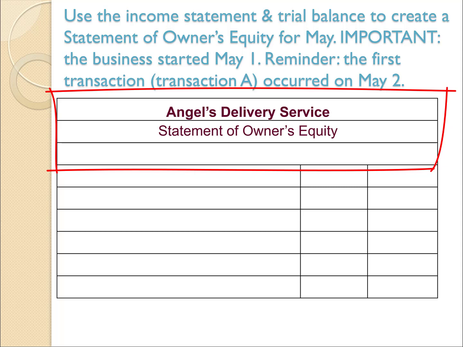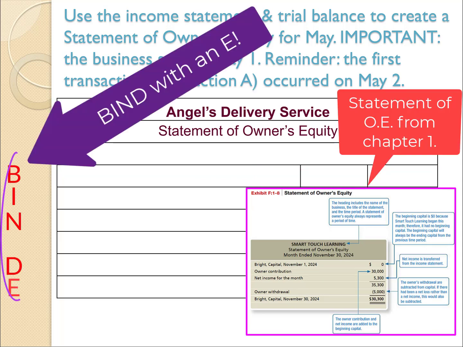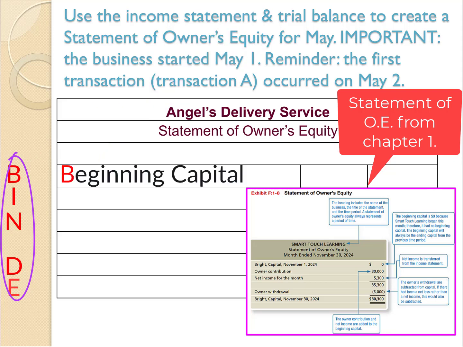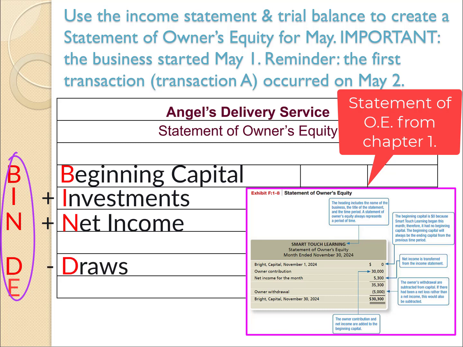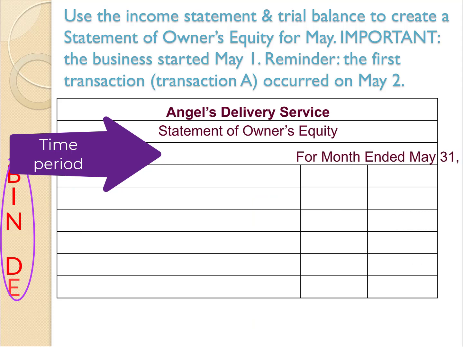Let's review what the statement of owner's equity shows. The statement of owner's equity's formula is BIND with an E. Beginning capital plus investments, also called owner contributions, plus net income or minus loss, minus draws, also called withdrawals, equals ending capital. So what this statement is showing is what has happened to capital over the time period. So this third line has to be a period of time. So remember, it's supposed to be for May. So we'll say for the month ended May 31st,